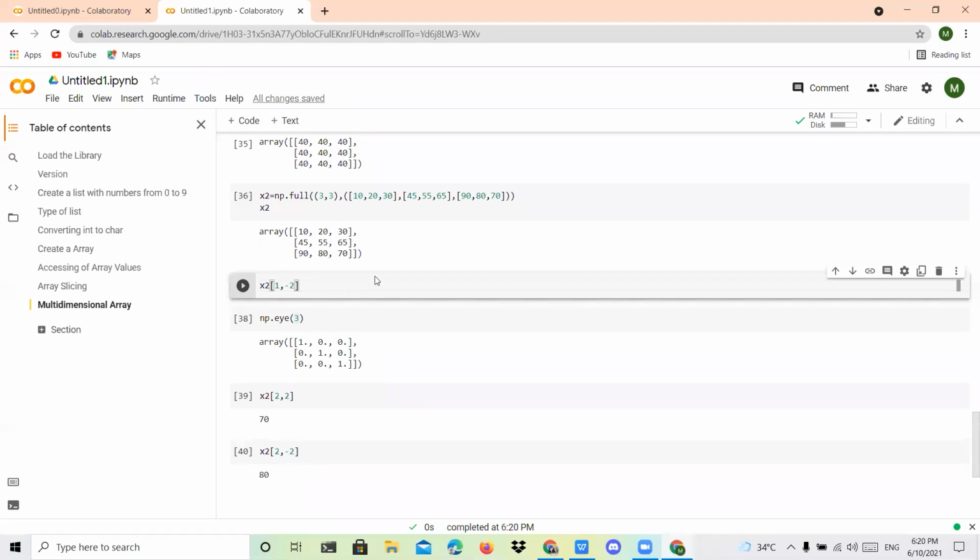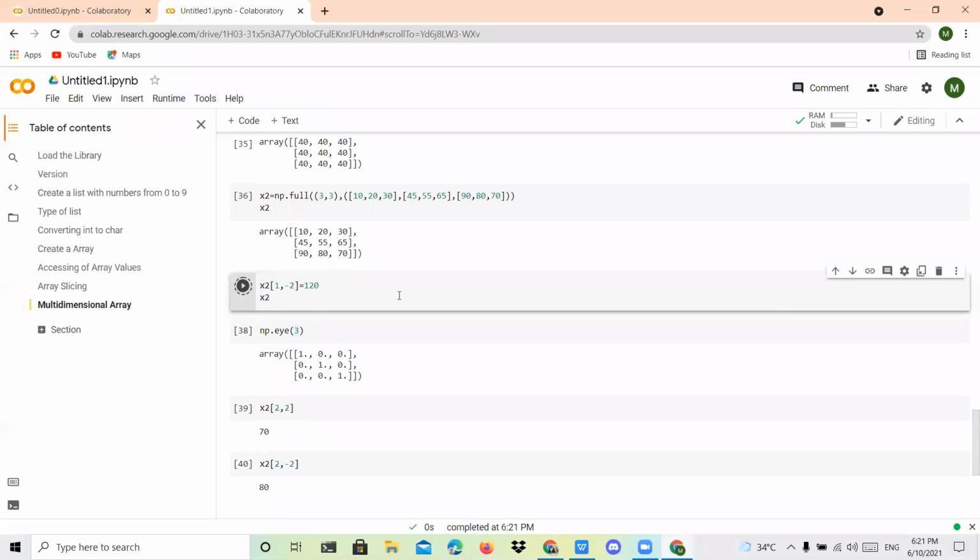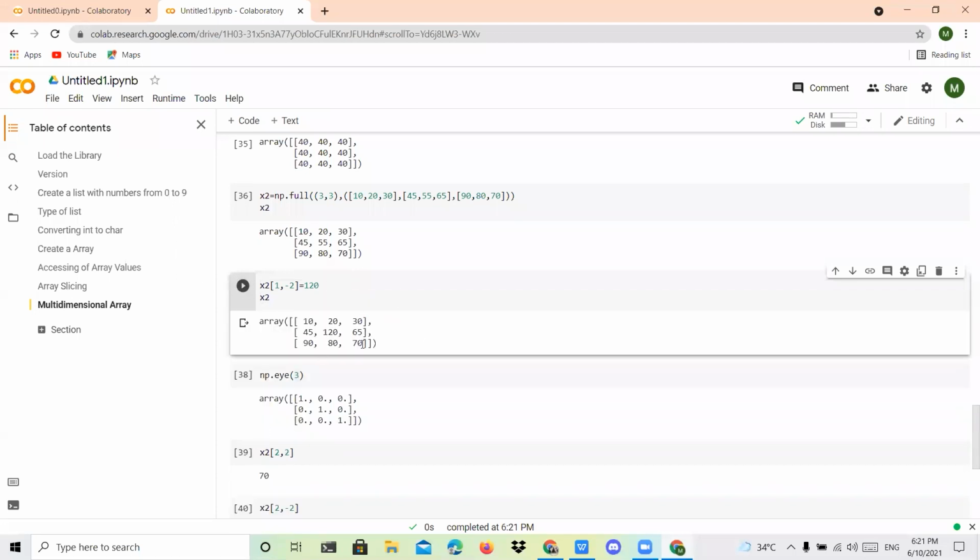So you give minus 2 is equal to 120. After that, you can print your array also, and it will be printed.